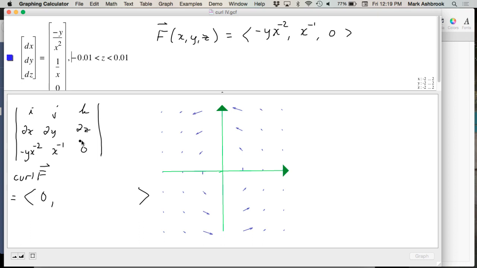Okay, so then what about the y component of the curl? Did you get it? Got 0. 0 again, because the partial with respect to z is 0, and then 0. Okay, and what about the z component? Partial of x to the minus 1 with respect to x is negative 1 over x squared. Minus partial of this with respect to y. And so we get